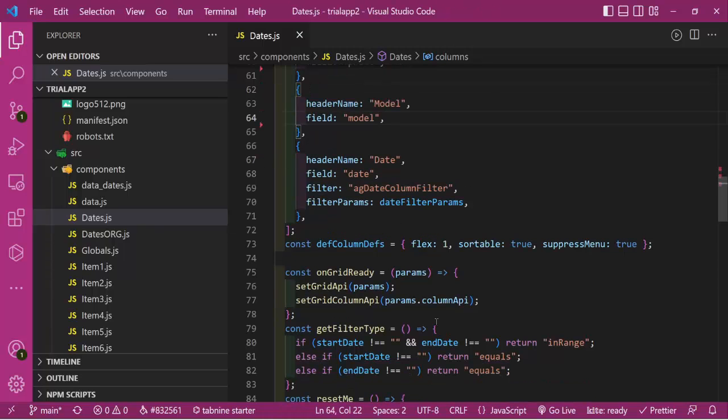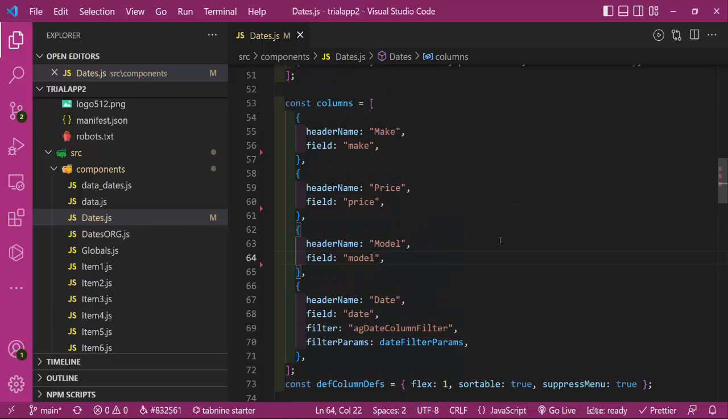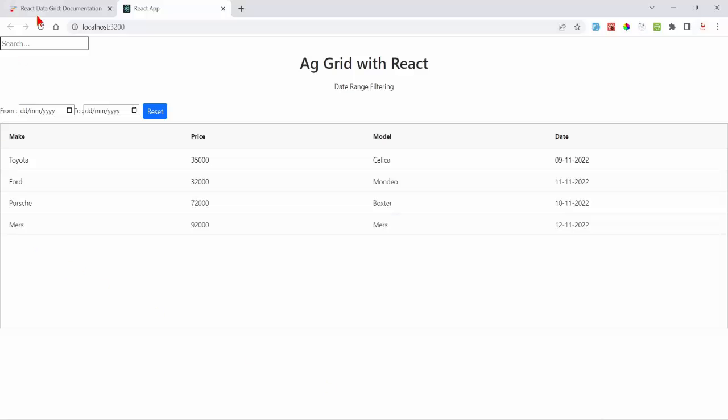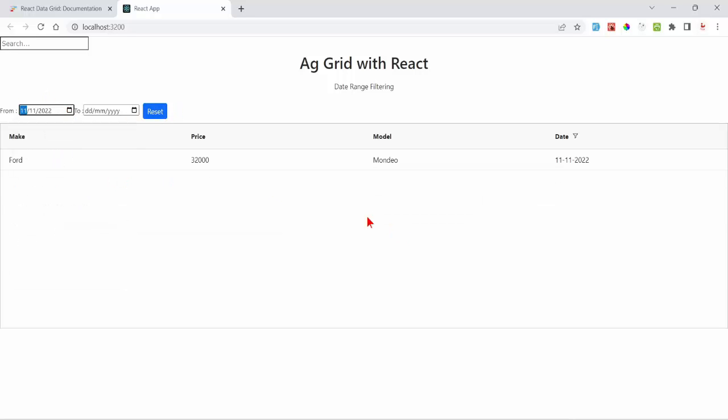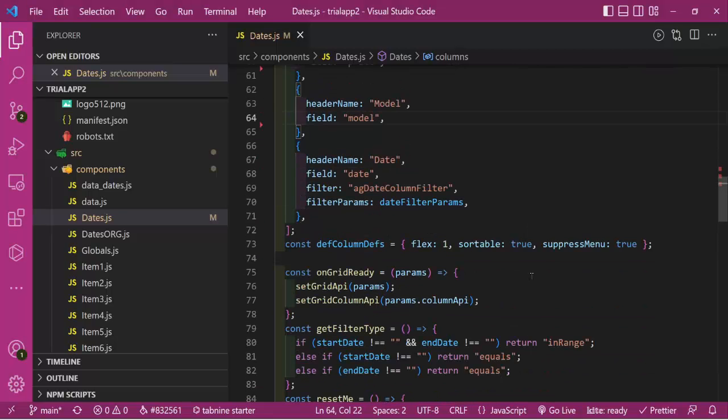Okay, I save this. Later I'll update in the Git repo. So you can see everything is functioning. Let's see again. Let me choose Ford this time. Ford is coming. I reset and I choose, let's say 11. I get 11. So everything is working. Okay. Now what I want to say here is that